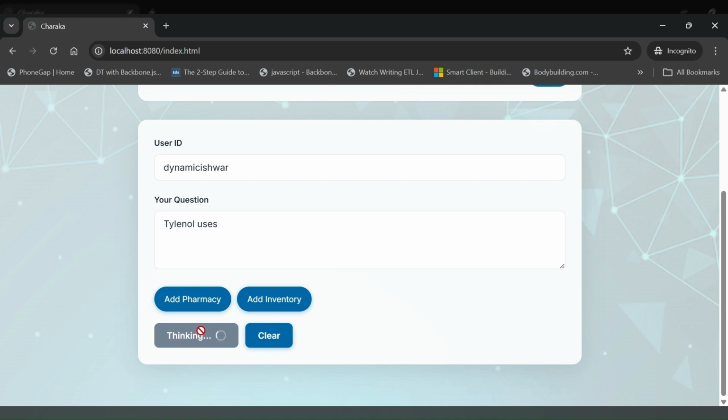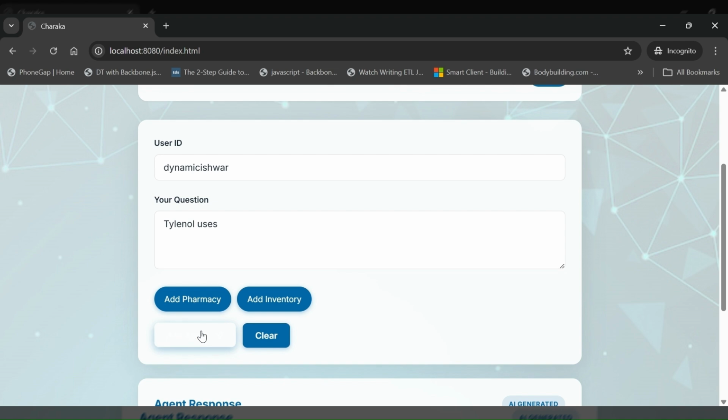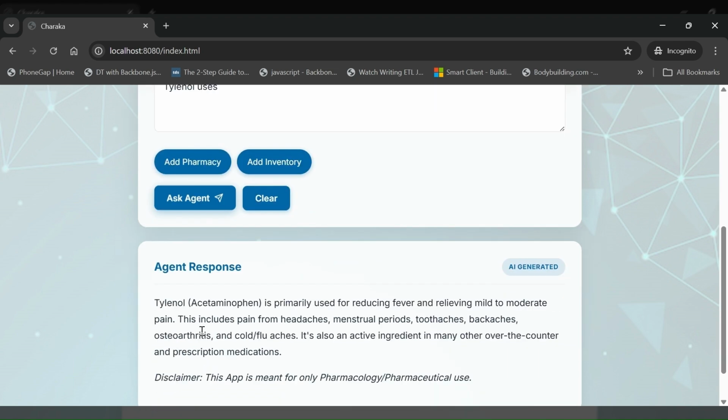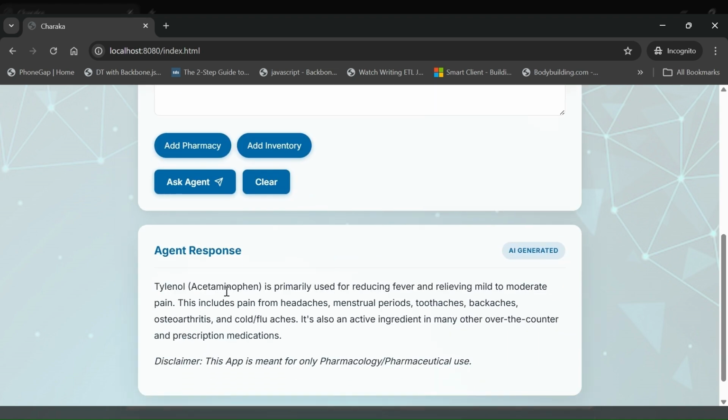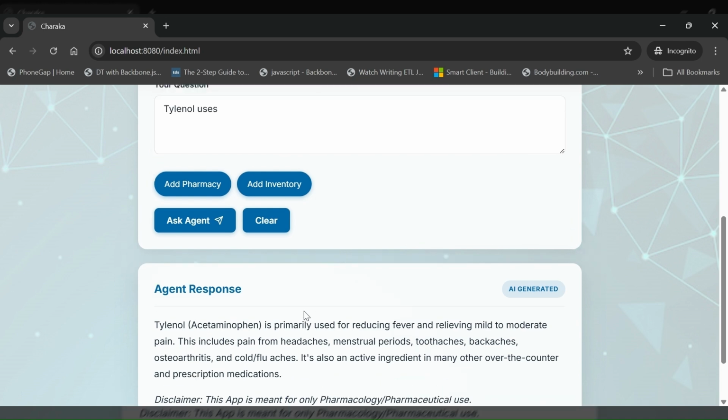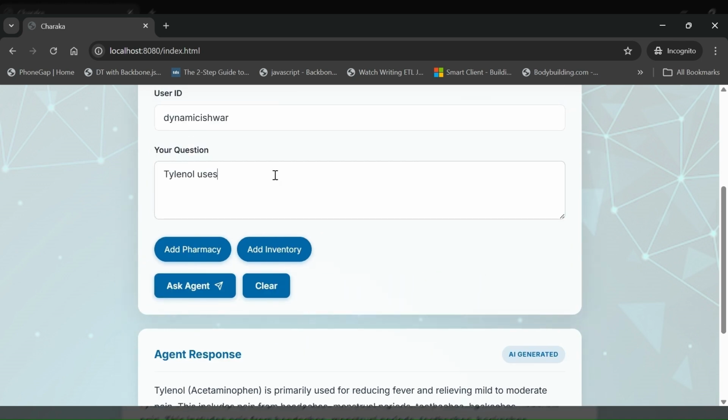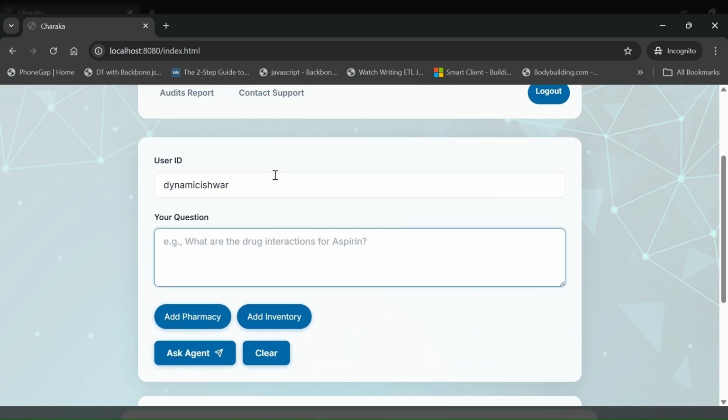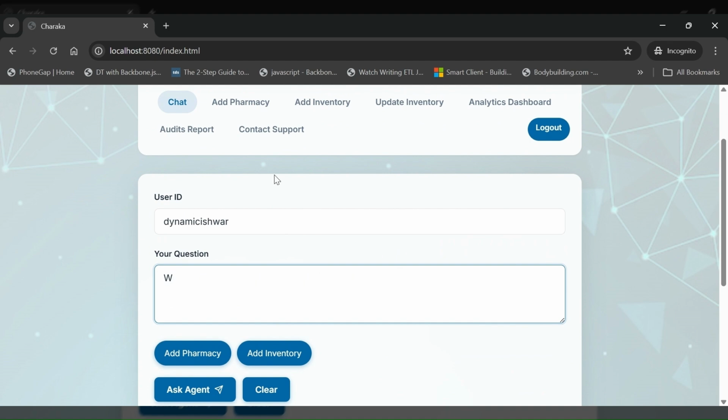So Tylenol is basically like a paracetamol. It's very similar to it, and it's used to relieve aches and stuff along those lines. So it's acetaminophen. It's primarily used for fever and relieving mild to moderate pain. This includes pain from headaches, and you could read it. So basically, the agent is actually providing all the details. You can ask it even more further questions related to what are